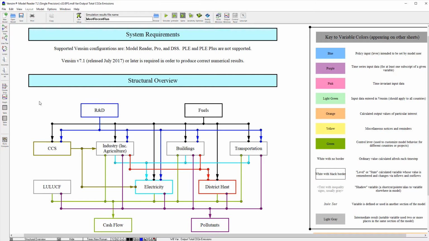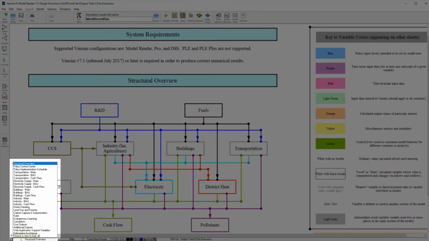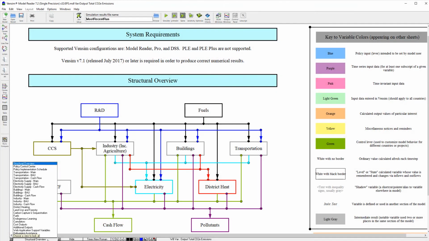There is also a key to the colors of the variables you will see elsewhere in the model. The menu in the lower left allows you to navigate between sheets of the model. Sheets are like tabs in a spreadsheet program. They help to organize the model visually, but they do not limit which variables may be used in any particular